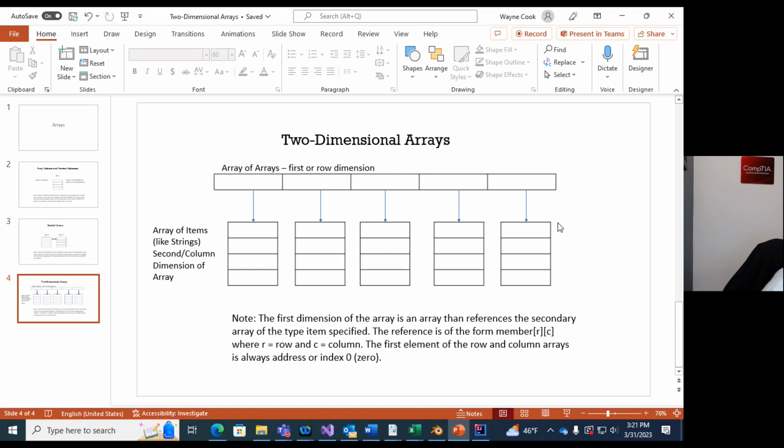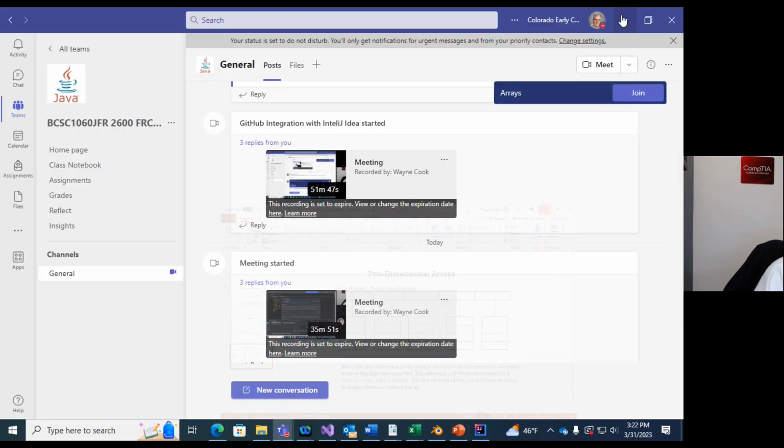Again, you can also have three-dimensional arrays where each of these would then just be pointers to, like, the strings, but we're not going to get that complicated in this class. So two-dimensional arrays are nice. Then if we go to